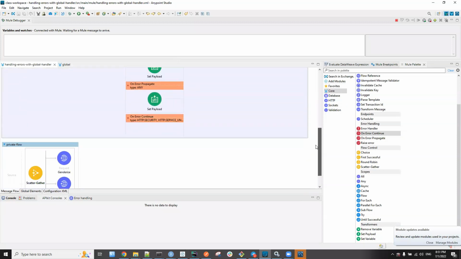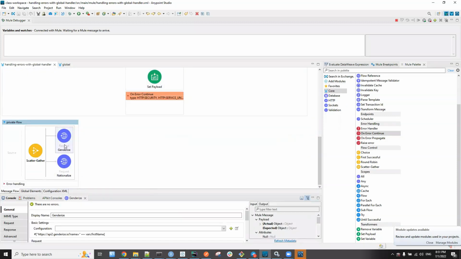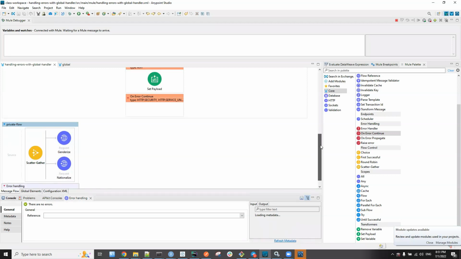So we are introducing an error in this request component. It is an HTTP request, and we don't have any default error handler here. As you can see, this block is empty. And so when an error gets created here, it should go to the global error handler.